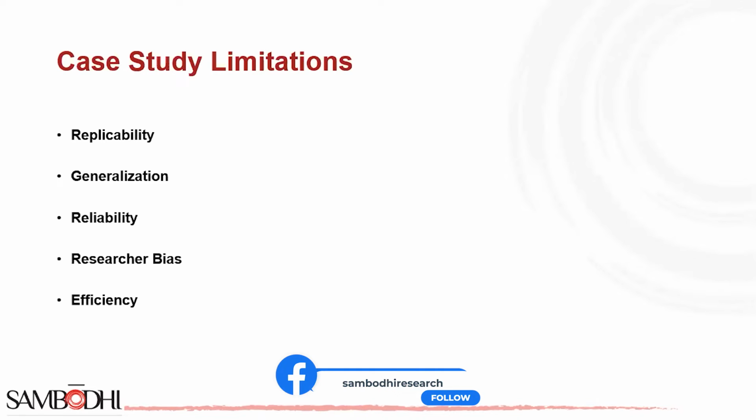Next is reliability. The reliability of case studies may be called into question for two reasons. The first objection centers on the fallibility of human memory and the question of whether subjects are being honest. Many case studies rely on subjects to self-report biographical details, their state of mind, their thoughts and feelings, or